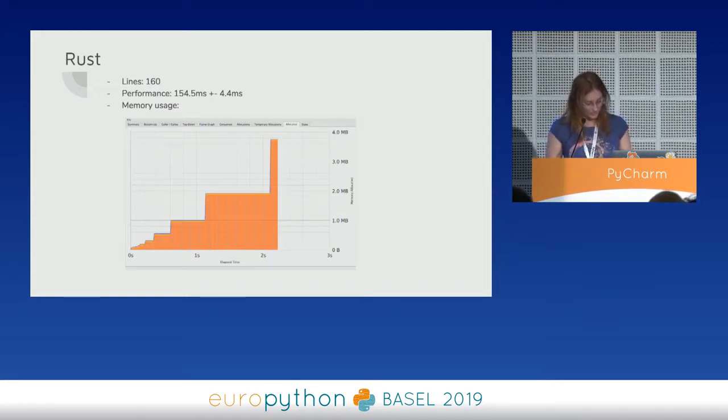The other one was test. Cargo is the package manager, for instance, and everything manager in Rust. You can run just cargo test and write the test in the same file as your normal program or in a different file and just annotate it with hashtag test, which is a macro for tests. Then the ecosystem is not that good at all in comparison to Python.